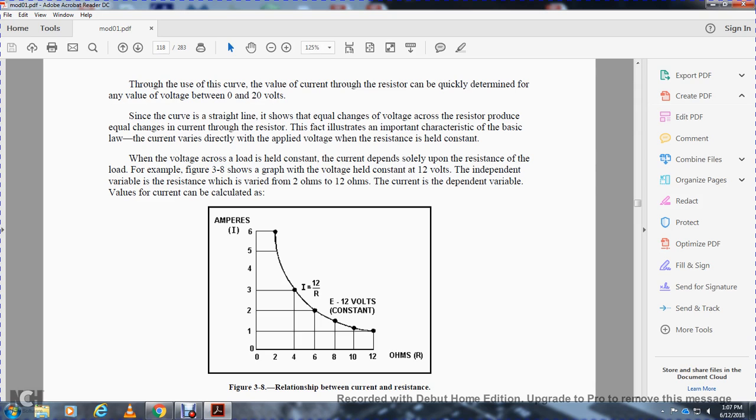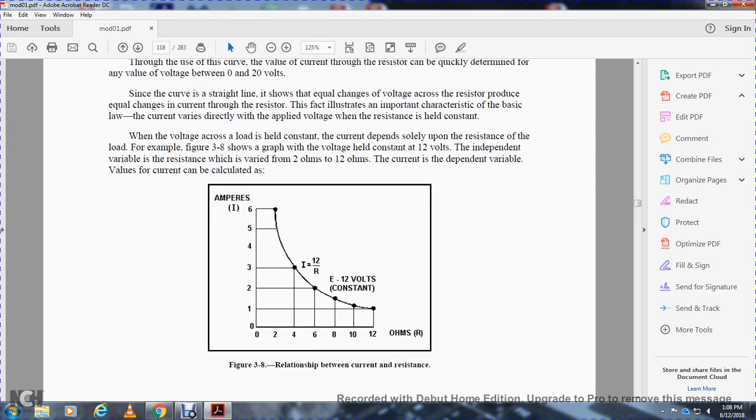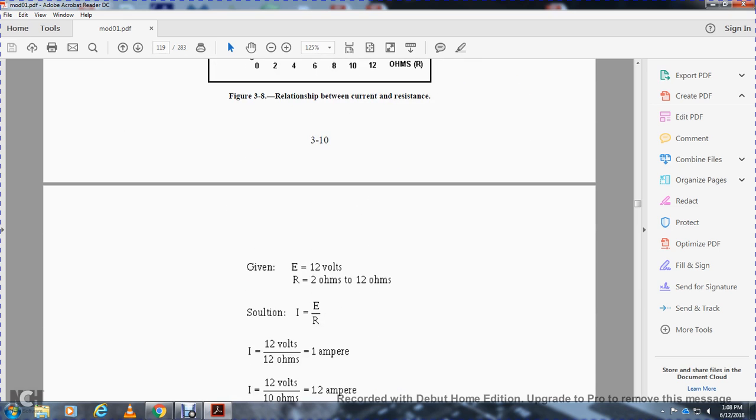It shows I in amperes in steps of 1 on the y-axis, and your resistance in ohms in steps of 2. Current in amperes equals 12 over the resistance in ohms, and your voltage E is a constant 12 volts. It shows a curved line relationship. Given 12 volts and a resistance from 2 ohms to 12 ohms, the solution is